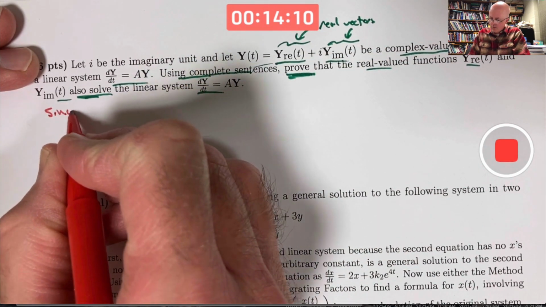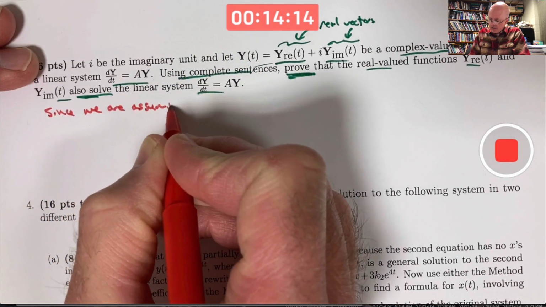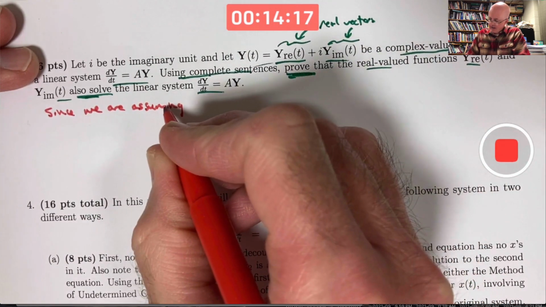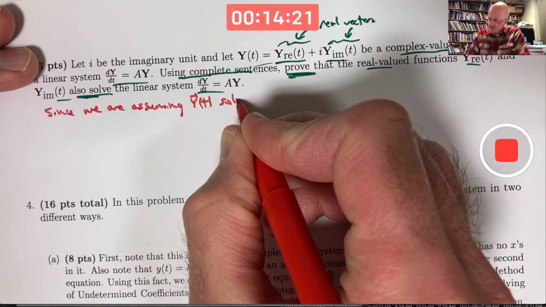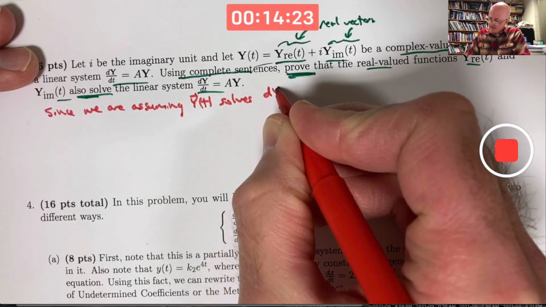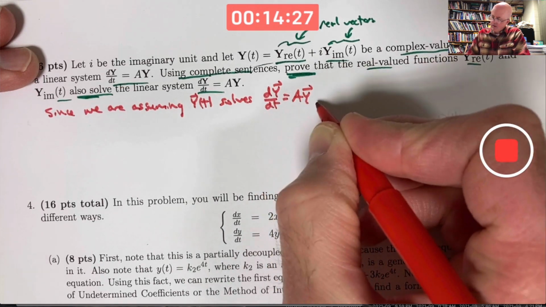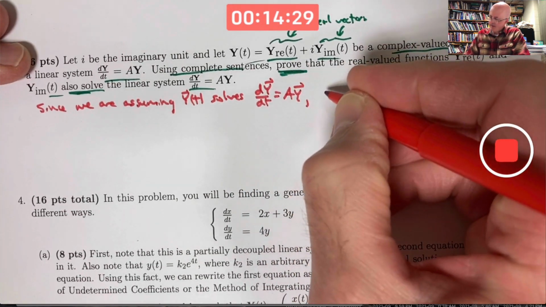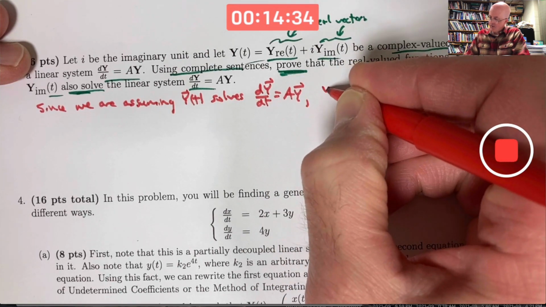Since we are assuming, that's the word assuming if you can't quite read it, y of t solves the differential equation dy dt equals Ay, we can say that when you substitute, when you differentiate y prime